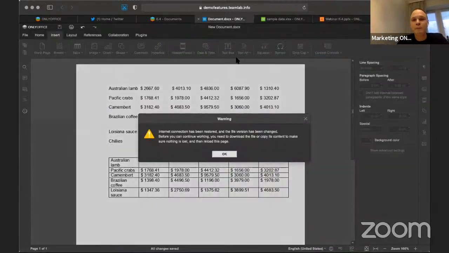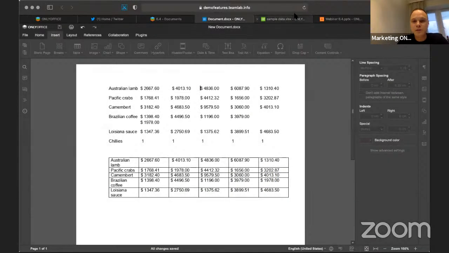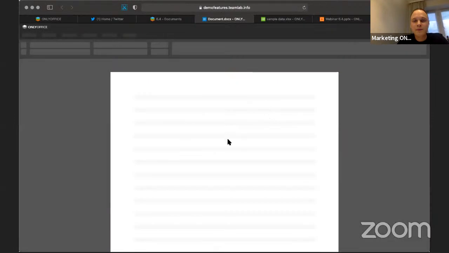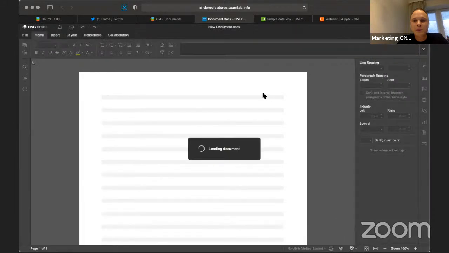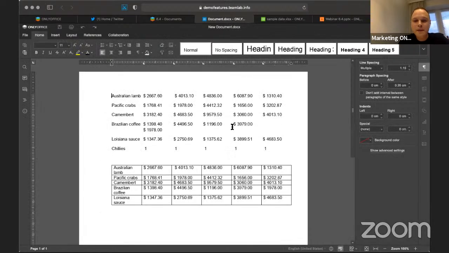So let's have a look at this simple document. Oh yeah, again, my connection was disrupting earlier. I forgot to renew it here. Okay, so